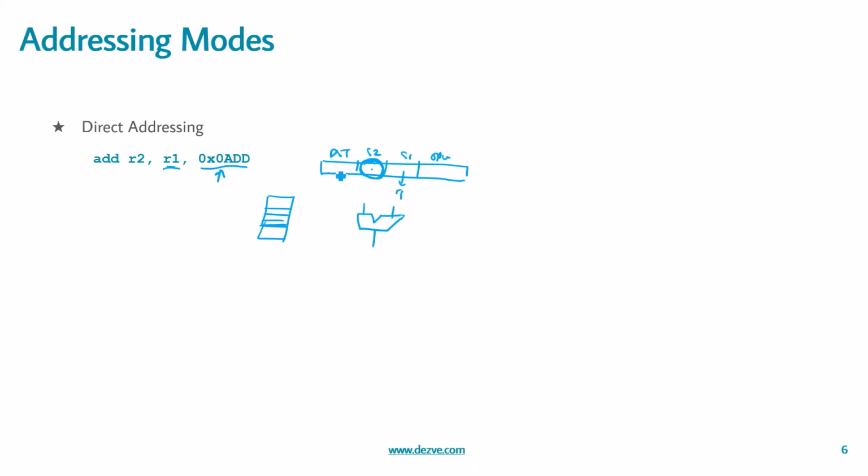So in this case, since the instruction is providing a direct address in the instruction itself, it is called direct addressing. Now this instruction will index into this address, and the respective data would reach the ALU, and the output would be stored into the register R2. So this is called direct addressing, because the address is residing within the instruction itself.